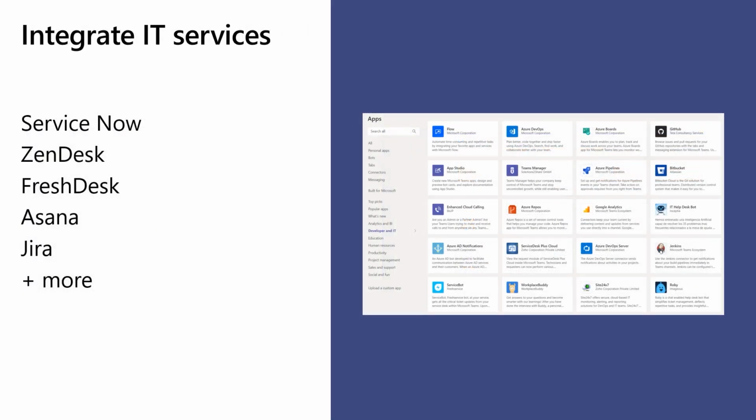But it's not then just about benefiting our educators and our students by having apps within Teams. This is where it can also save time for you as IT professionals, streamlining workflows around help desk, around project management, around the ability to then bring in all of these apps that we have for developer, DevOps, and support scenarios. And this is where I want to share just one example of what that can look like with ServiceNow and how that's able to then save IT